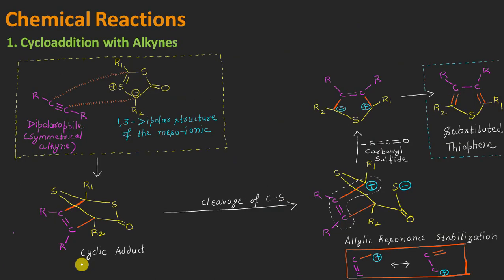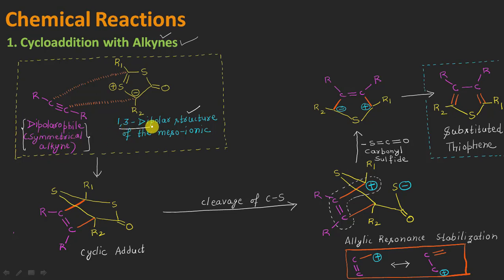And now it's time to discuss the chemical properties of the mesoionic molecule. So you can see here that the first reaction is with the alkyne molecules, and it is the cycloaddition reaction. Okay, and whatever structure you can see here, it is the 1,3 dipolar structure of the mesoionic molecule, I mean the 1,3 dithiolium-4-olate. And here you can see that because we are interested in the reaction with some alkyne, I am taking here a symmetrical type of alkyne molecule which will be acting as the dipolarophile in this reaction. Okay, once again, this is what?